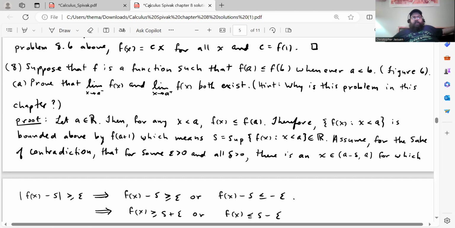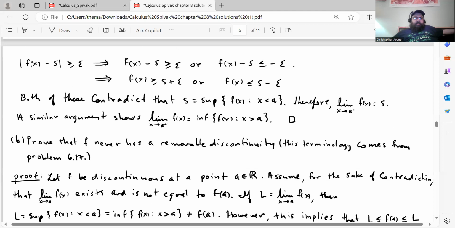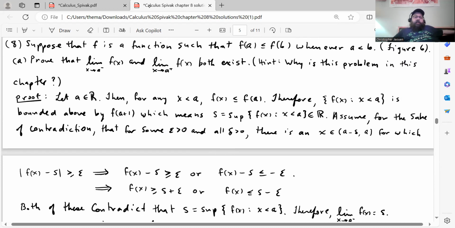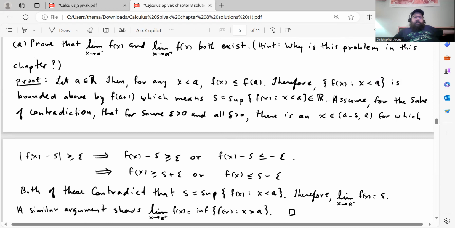I'll answer that question. I don't remember if I actually wrote the solution to that question here, so I'll just say it. It's because in order to do this, you need the least upper bound property, and that's what chapter 8 was on. So okay, here's my proof. Let a be a real number. Then for any x less than a, f of x is less than or equal to f of a. Therefore, the set of f of x such that x is less than a is bounded above by f of a plus 1, which means that